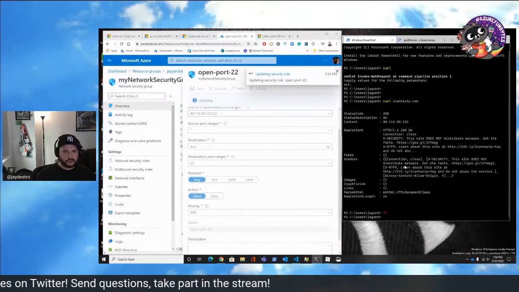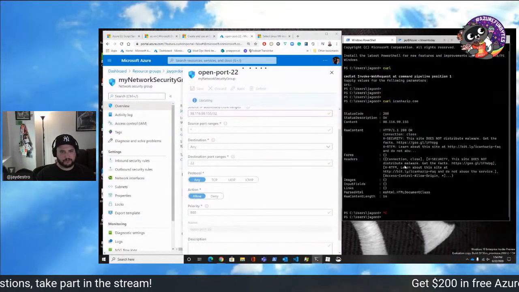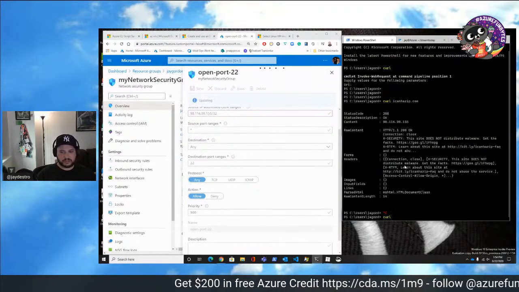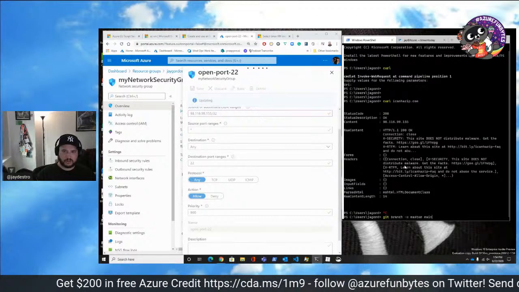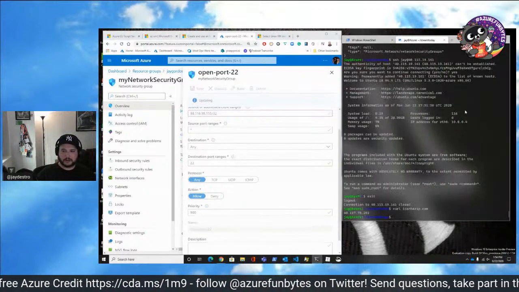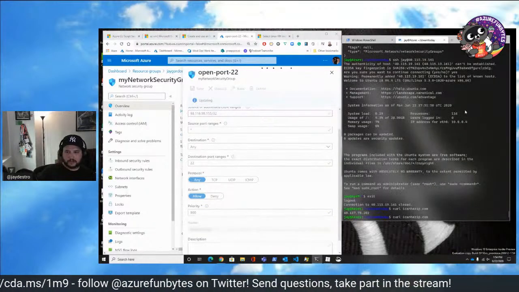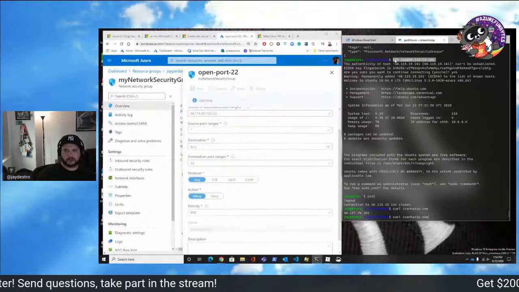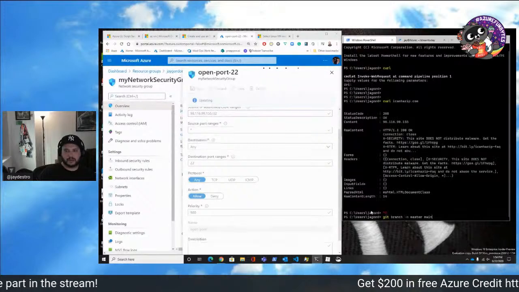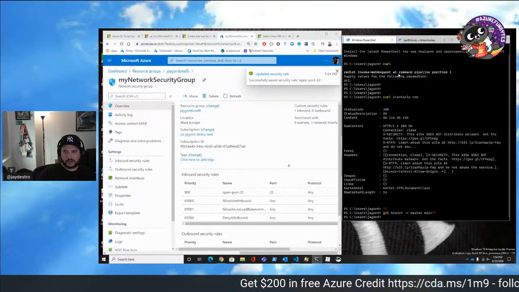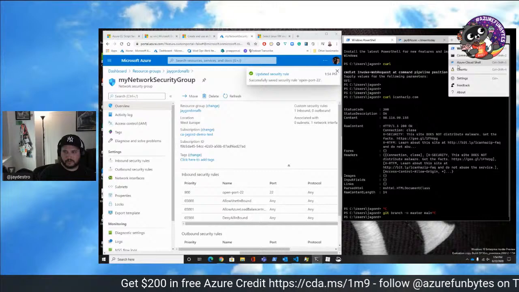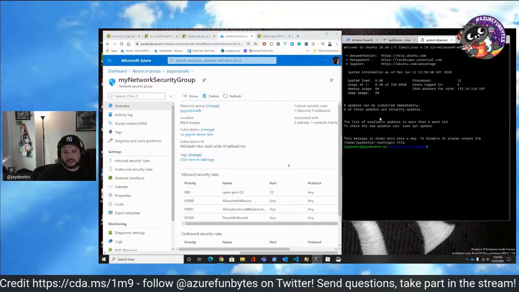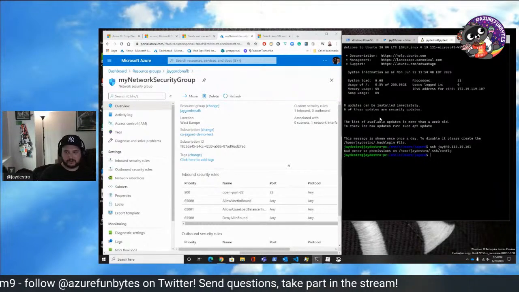So let's show you how to do one more little bit of hardening. Once this rule completes, let's go back to the Cloud Shell. What I'm going to need to do is SSH now from my local computer. So I'm just going to grab this SSH command, and I'm going to bring up my Ubuntu shell just so I feel more at home. And now I'm just going to SSH from my Ubuntu.